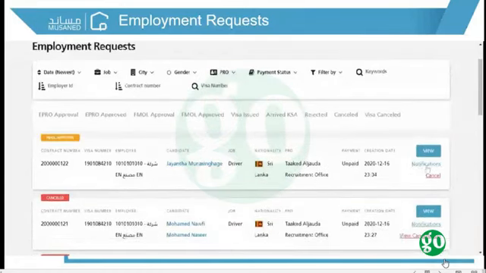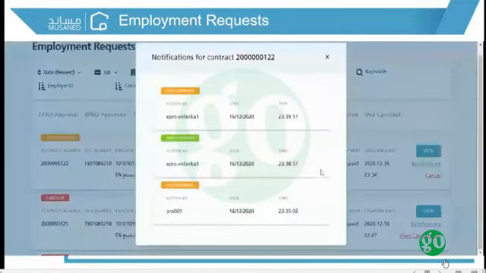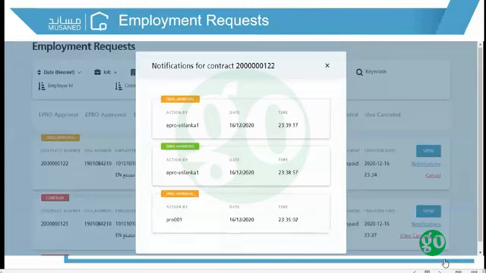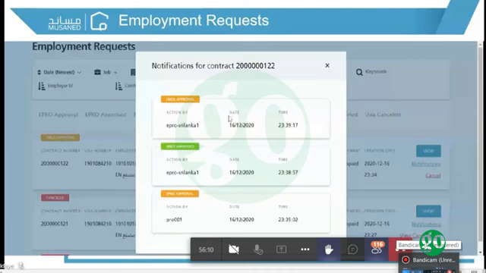User can click on notifications tab in order to view all the statuses that the contract has been through, starting from the first status from the bottom, which is EPRO approval, and each status is associated with its logs, including the office who has taken the action, the date of the action, and the time of the action. Reaching the current state at the upper side, we have the current state is the foreign MOL approval, and the action was taken by the EPRO at this specific date and time.